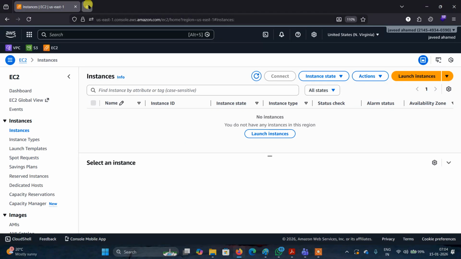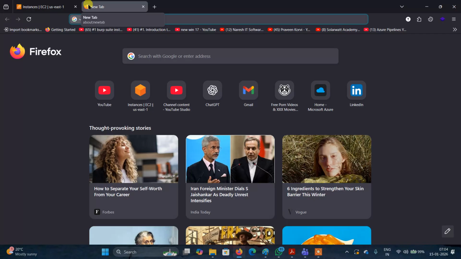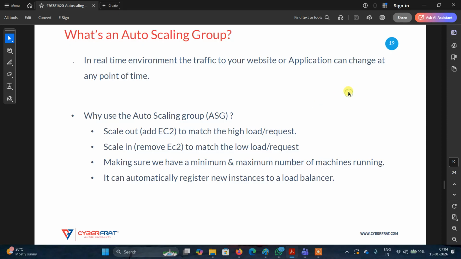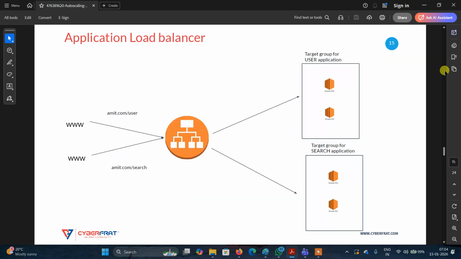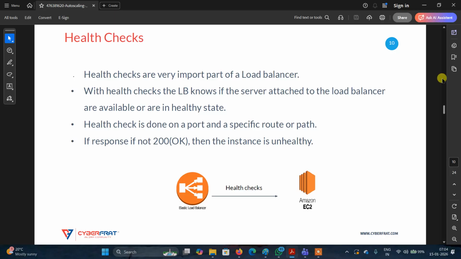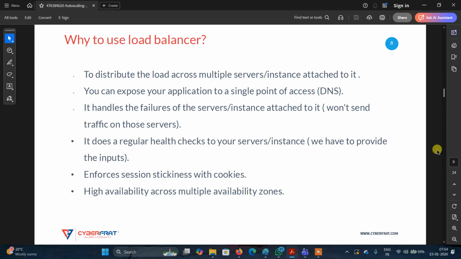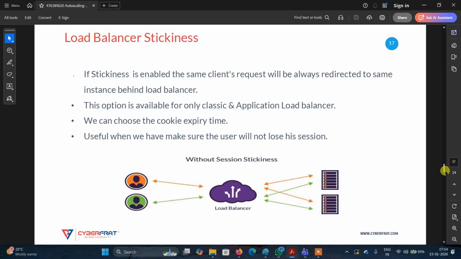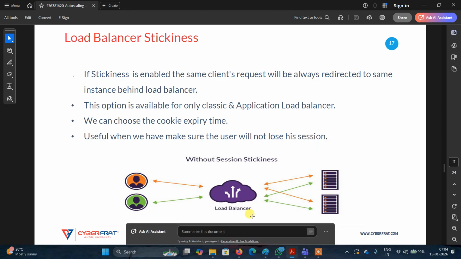I have a question. See the previous slide you showed, which says scale in and scale out. So is the auto scaling group only dealing with horizontal scaling, or does it also deal with vertical scaling? It won't deal with vertical scaling, only horizontal scaling. I explained it to you previously in the class you attended. Vertical scaling is done for databases. Horizontal scaling is for web applications or web servers.